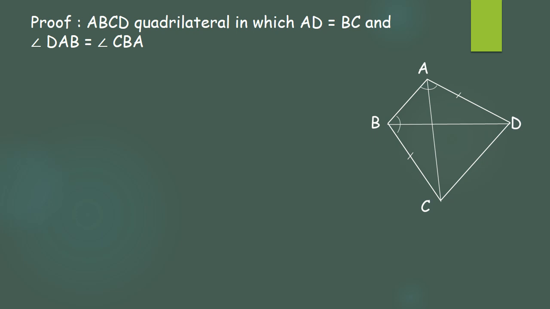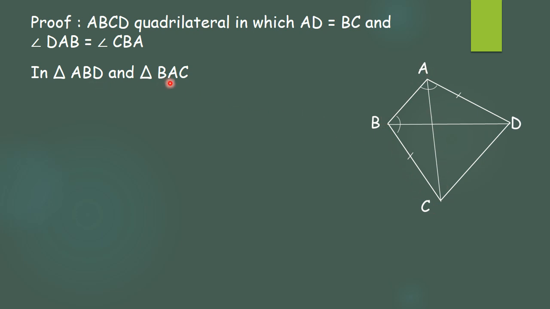Again, whenever we write the proof, first we have to write the diagram description. So that is a description of the diagram. What does the diagram indicate? That is, ABCD is a quadrilateral, AD is given equal to BC and the angles are given equal. Now, which triangles do we have to prove? A, B, D. Just pay attention to the triangles. And otherwise, it is better that you draw rough diagrams here. That is ABD and the triangle BAC, this triangle. So ABD is one triangle, another is BAC. This is another triangle. Correct?